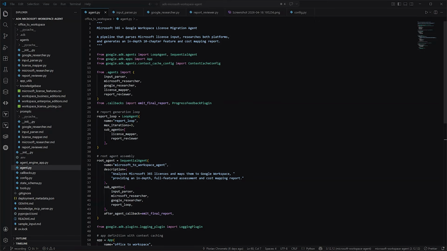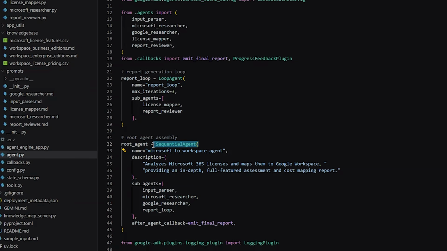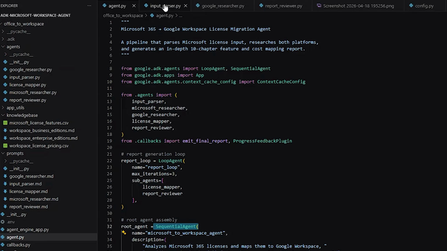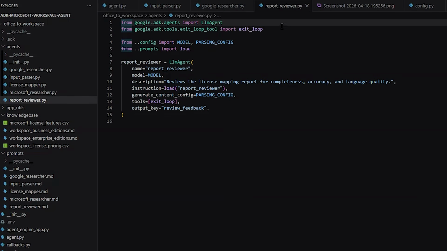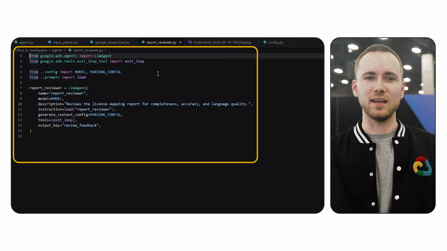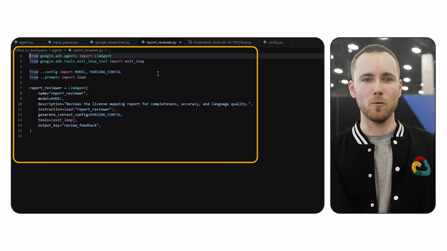Instead of one giant fragile prompt, I use a multi-agent architecture. In ADK, I wire this up using a SequentialAgent. The workload is broken down into small focused sub-agents, and I have an input parser to extract the license data, researchers to query my docs, and a reporter to create the actual report. This means each agent gets a very specific task and their own system prompt, which cuts down hallucinations and makes